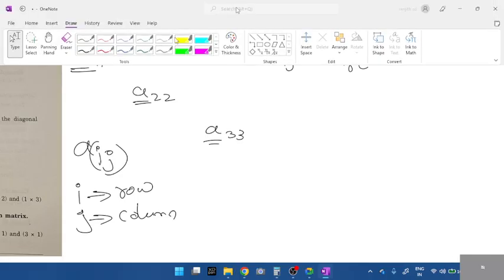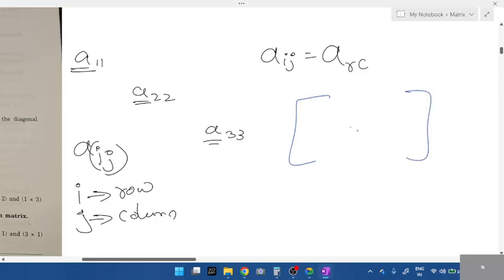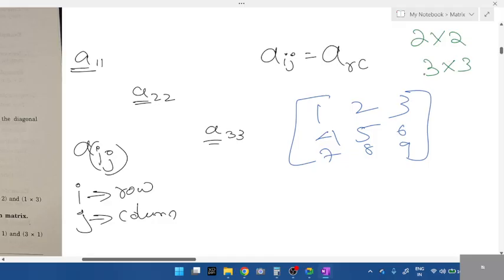See why they specified diagonal. If I write 1, 2, 3, 4, 5, 6, 7, 8, 9, students, the diagonal is only possible in a 2 by 2 matrix and a 3 by 3 matrix. 2 and 2, 3 and 3. Both should be the same. See, both should be equal. These three elements, what do we call them? Row or column? Row. In a flat line, we call it row. In a straight line, we call it column. But the cross section of this is what we call diagonal. The cross section, we call it diagonal, students.